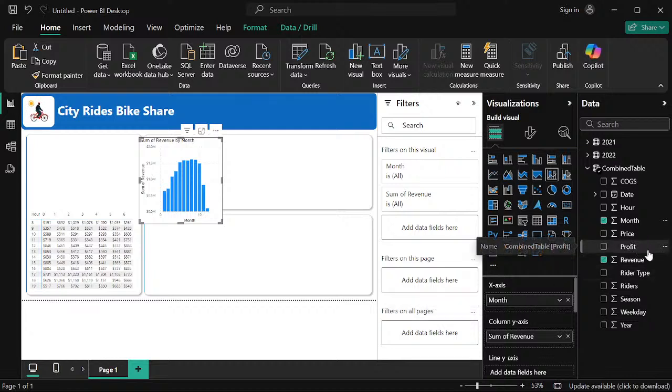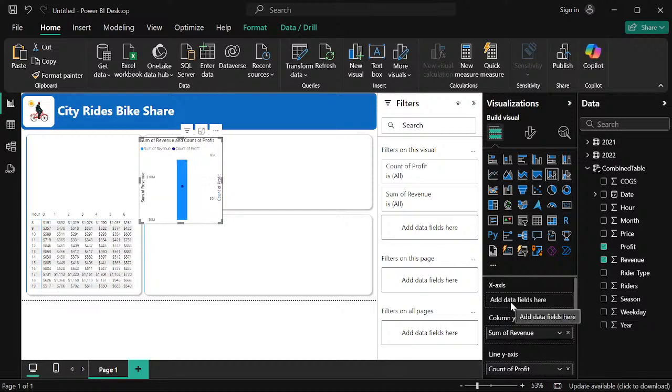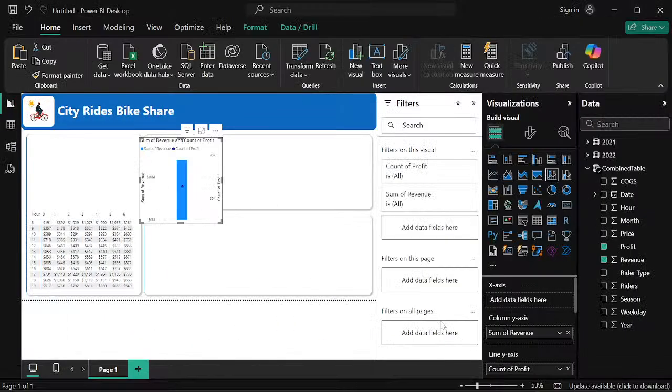I will go to the profit section. Let me try to see where the profit will fit. The profit should go to the line section. Okay. So profit and revenue analysis. So this is the profit. I have a trend. And then I'm looking out for